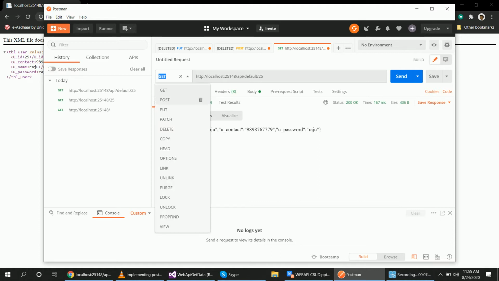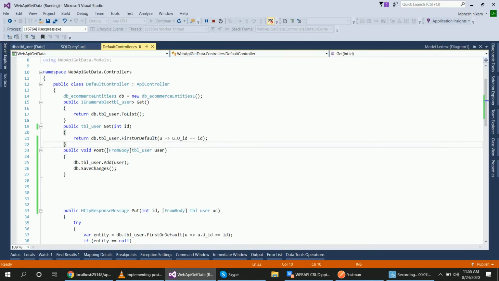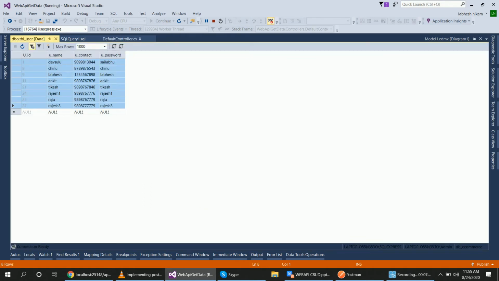To post the data, we post here, and inside the body tag we will select JSON, and you can see my table here. Inside the table the column names are uname, ucontact, upassword. UID is automatically incremented, so no need to write that. Uname, ucontact and upassword.